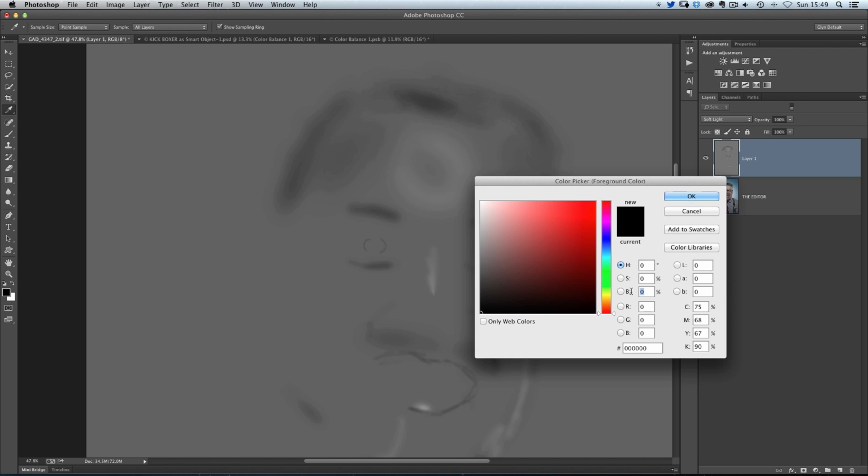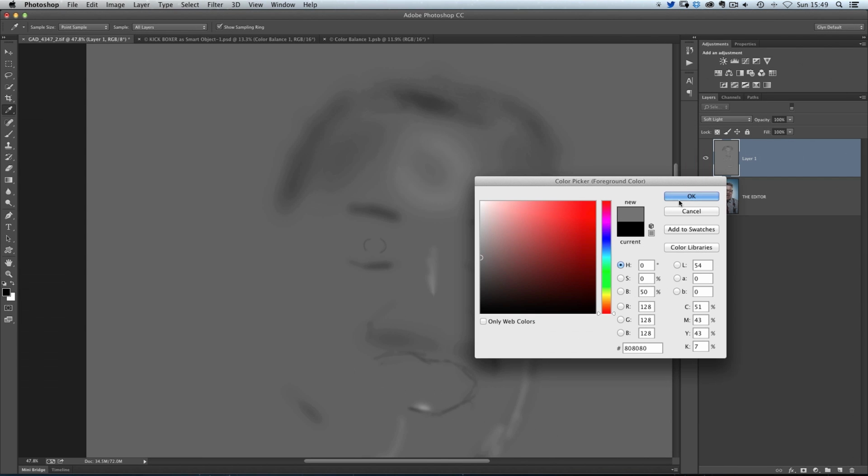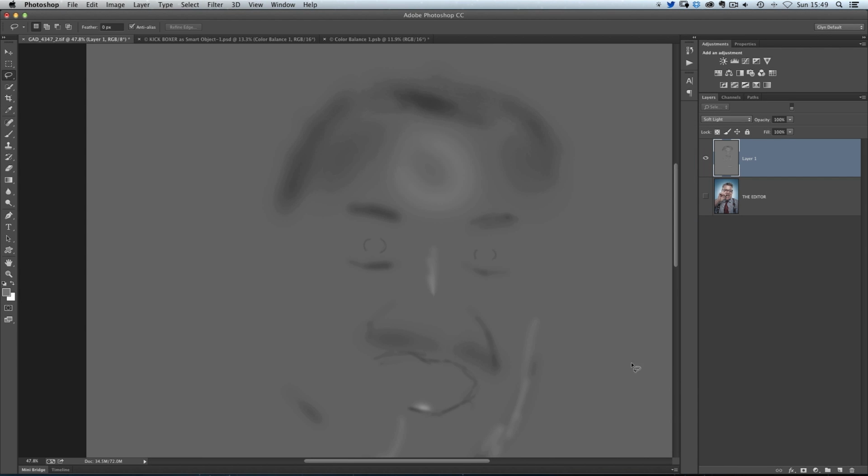So if I just change the brightness to 50, the colour in the top here now is the new colour I've assigned, and that's a 50% grey. And that's exactly the same colour as what I've been doing the dodging and burning on. So now what I can do is get a brush, and I'm painting with this 50% grey, and then I can either come in and completely remove areas, like I have just there,